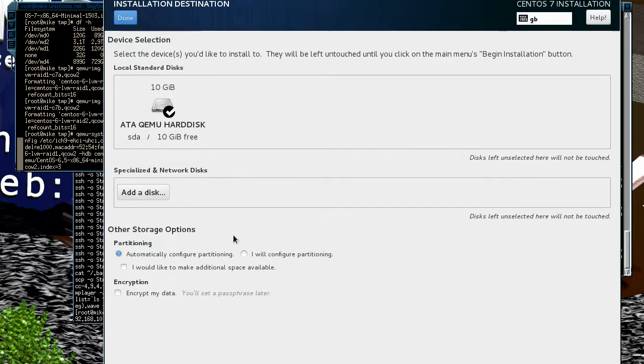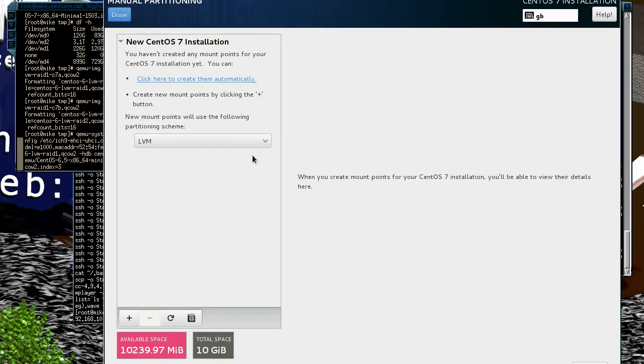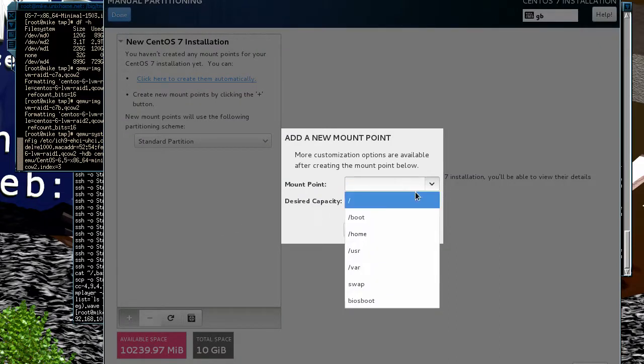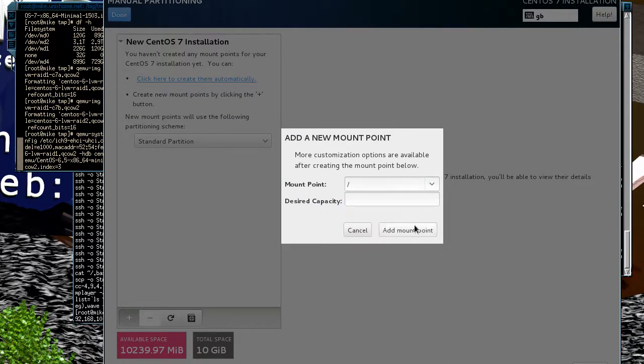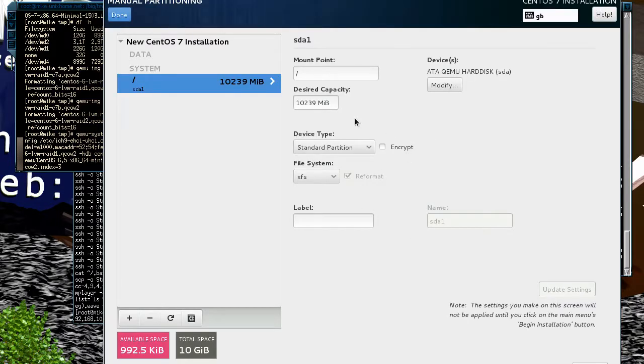And now when it comes to the installation, you want to configure the partitioning, because what it'll do, it'll create a complicated LVM system, which doesn't help when it comes to trying to get it onto the CentOS 6 system. Okay, so now what you have to do is choose standard partition, and then you add that. So mount point is just root. And if you just add mount point, it'll use all of the space